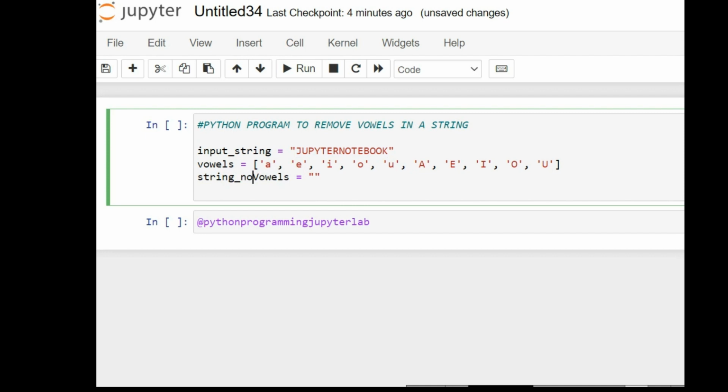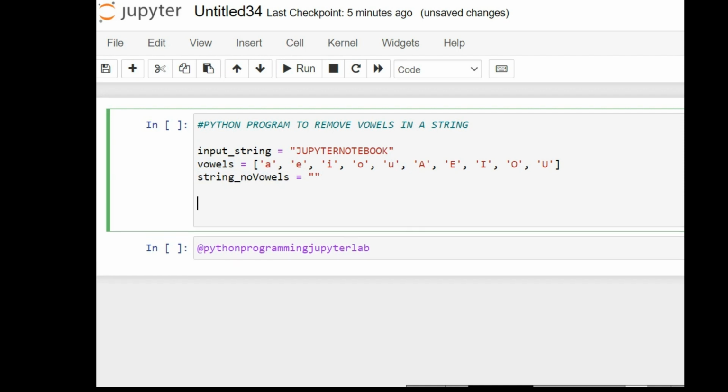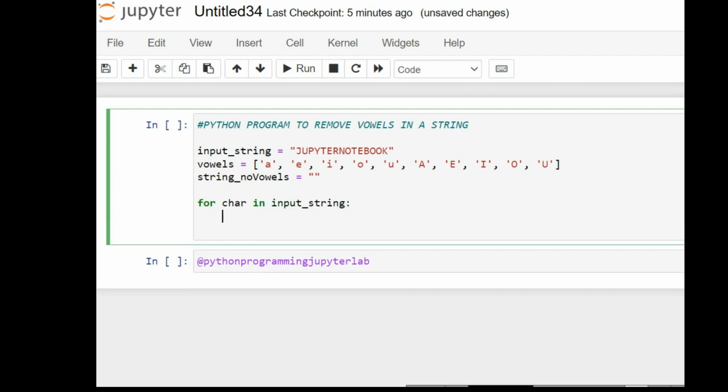So the logic here is we need to iterate over every individual character within the string and compare it with the vowels. If it is not a vowel, then we concatenate it into the string underscore no vowels. So we will implement the logic by using a for char in our input string. So this is our input string. So if that particular char is not in